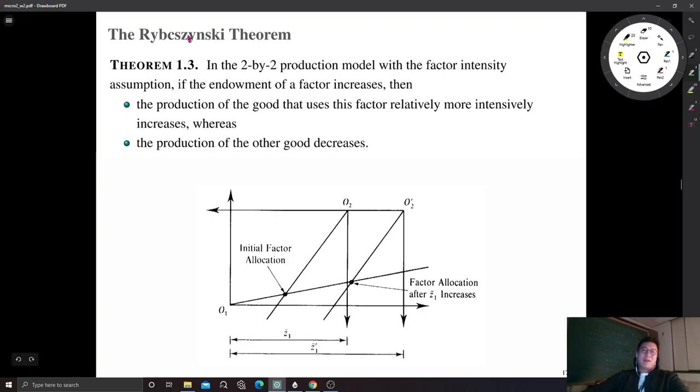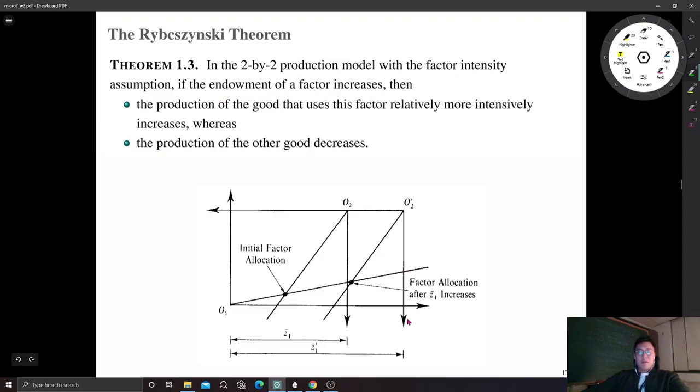All right? And that is the Rybczynski theorem. So the second exercise brings us to the Rybczynski theorem. Yeah, I'm not sure about the pronunciation. I think he's Polish or Russian. Let me call this Rybczynski, right? So the theorem states that in the 2x2 production model with the factor intensity assumption, if the endowment of factor